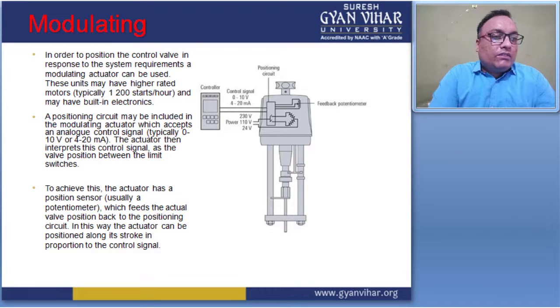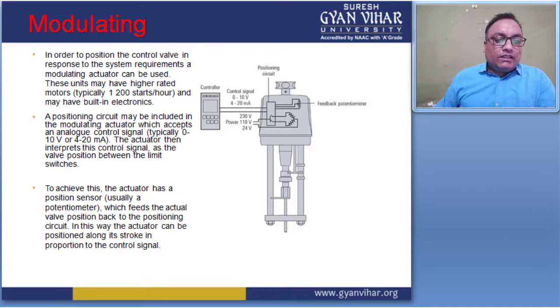The actuator then imparts this control signal as the valve position between the limit switches. To achieve this, the actuator has a position sensor, usually a potentiometer, which feeds the actual valve position back to the positioning circuit. In this way, the actuator can be positioned along its stroke in proportion to the control signal. So these are the other kinds of actuators. Then move to the next